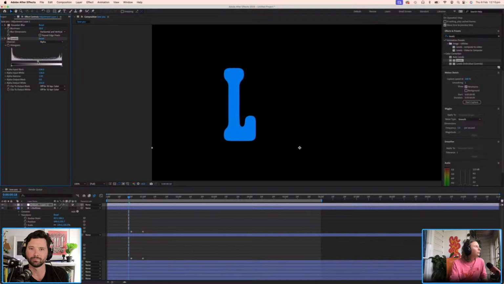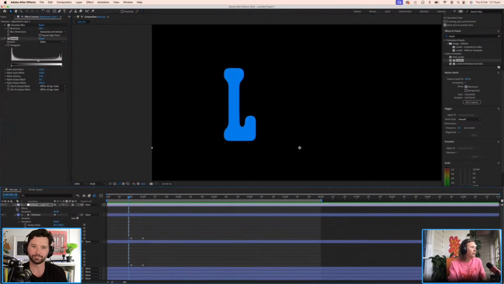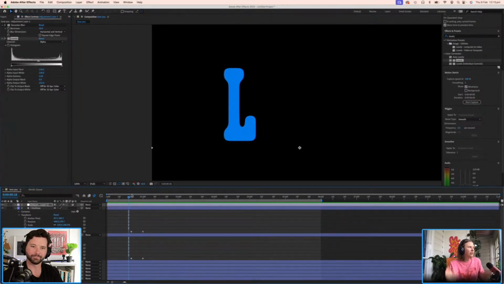We can tighten this. Little histogram arrows. We're basically just taking all of the values that were low opacity and the values that were really opaque and smushing them together, and that's why we're going from the blur to the crisp edge. Yeah. So the tighter you bring those in, the crisper your outline will be.